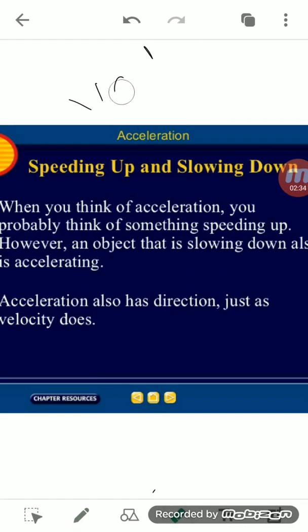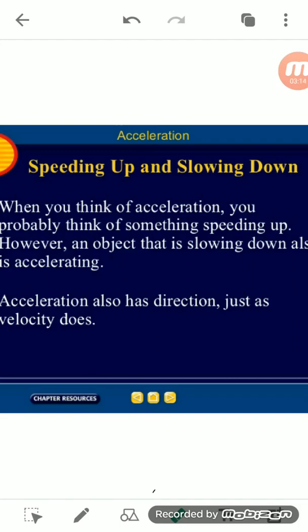So when we talk about acceleration, we say that a body is accelerated when the velocity of the body is increasing, or when the thing is speeding up, when the speed of the thing in a particular direction is increasing. At that time we say that yes, the body has some kind of acceleration. But this is not true every time. When we think about acceleration, it is not only speeding up, but an object that is slowing down is also helpful in calculating the acceleration.